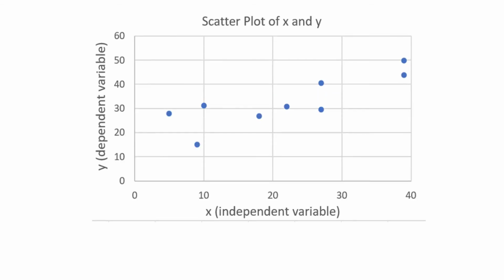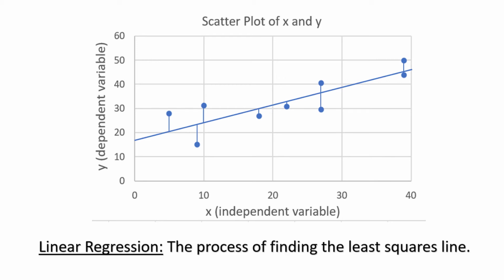As a brief review, a scatter plot graphs the relationship between two related variables, x, which we call the independent or explanatory variable, and y, the dependent or response variable. Our goal is to find the straight line that fits the dots the best. By best, we mean the line that has the smallest squared vertical distance from each point to the line. We call this line the least squares line, and linear regression helps us determine the equation of the line.